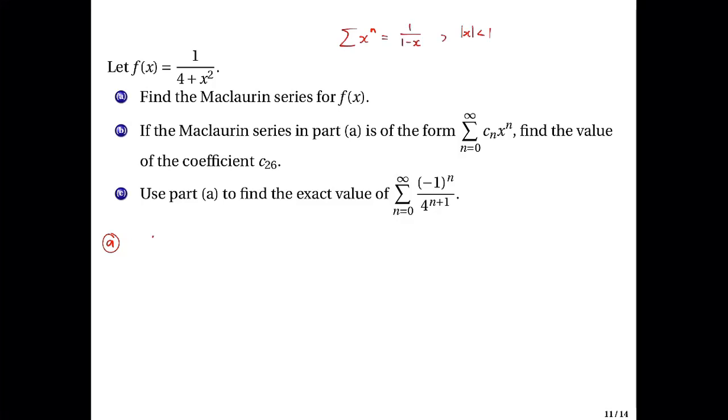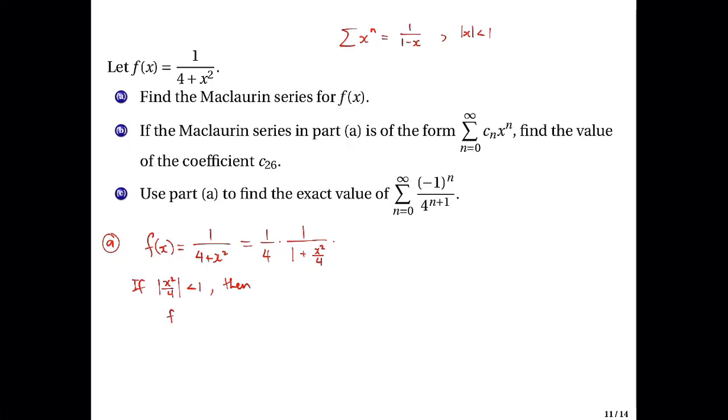So what we're going to do is write f of x, which is 1 over 4 plus x squared, as 1/4 times 1 over 1 plus x squared over 4. And then if the absolute value of x squared over 4 is less than 1, then we can write